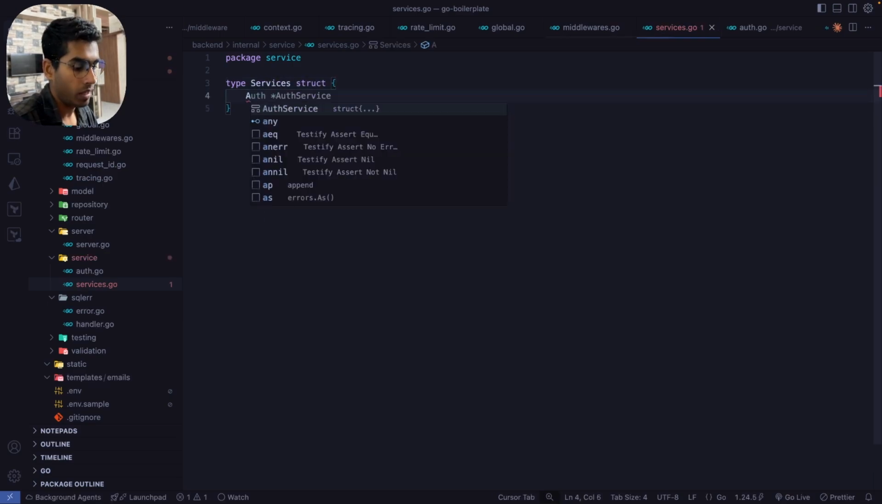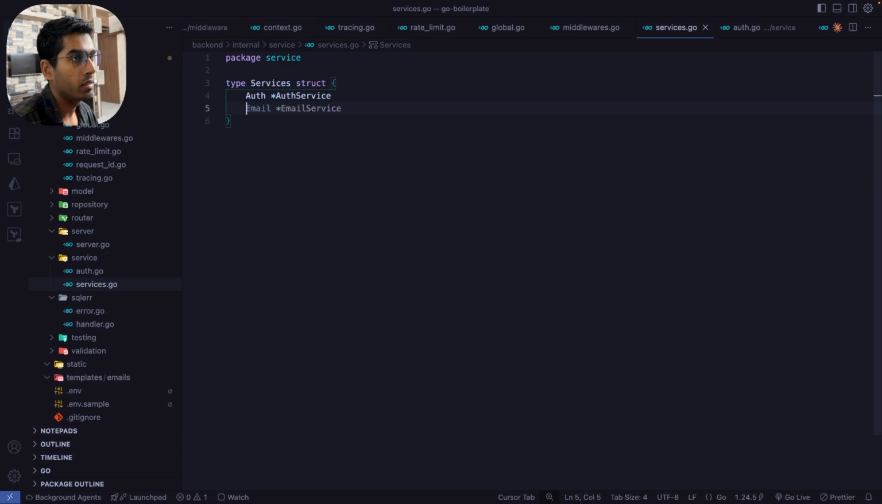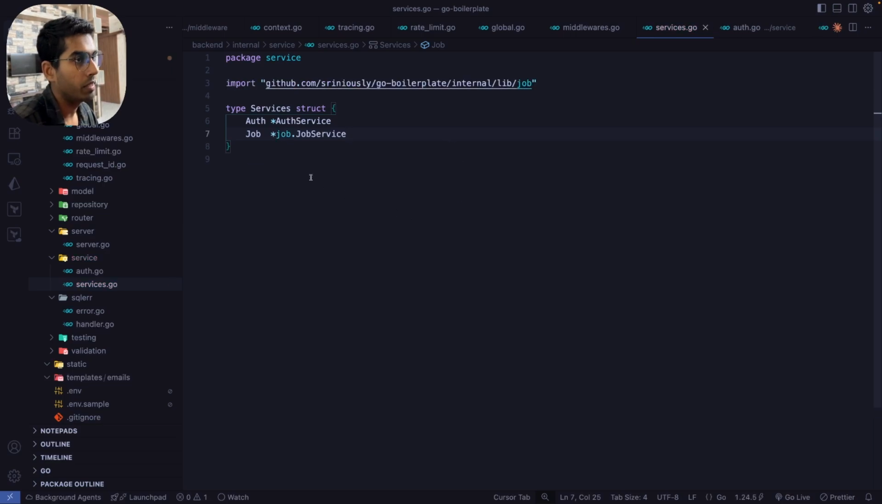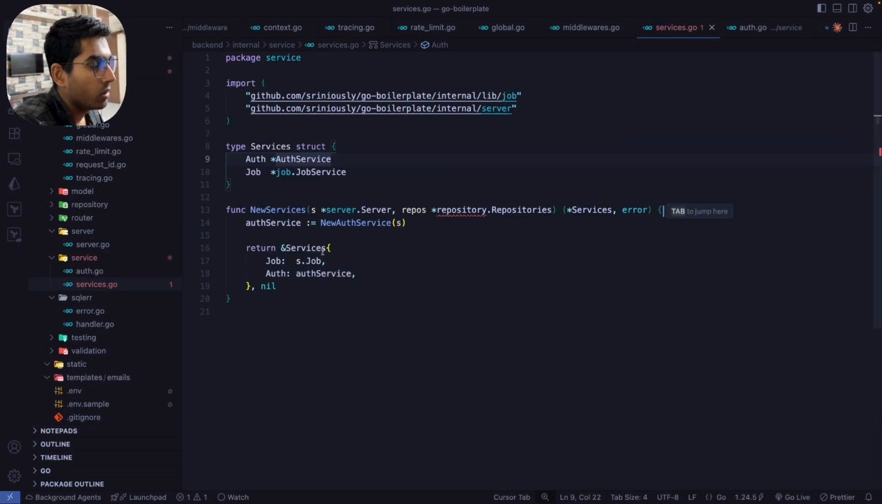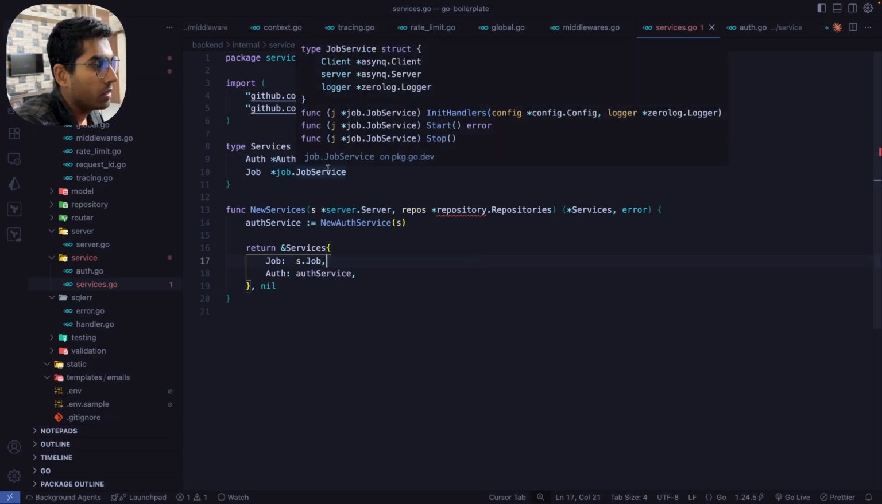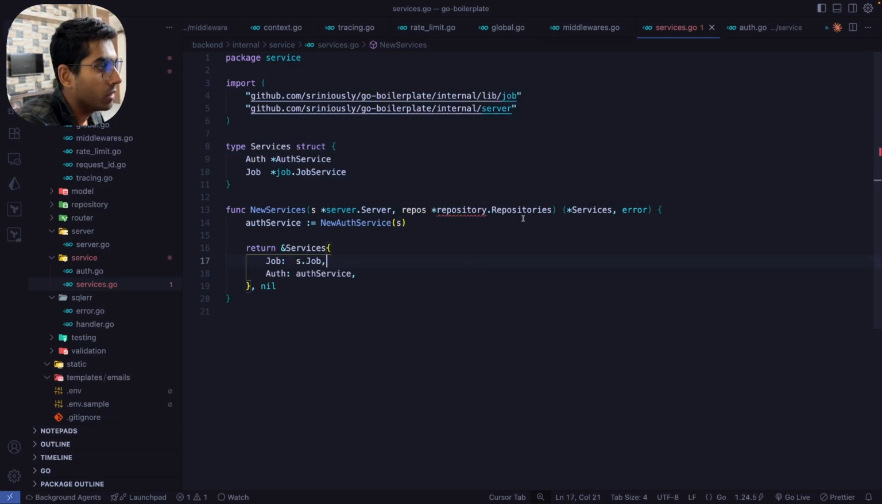And in our services file, we can create a new struct, which is, say, services struct. And first thing it will have is the auth service. And the second thing it can have is the job service. This is basically the background job service that we created earlier. And after that, we also need the initialization code. This is going to be the initialization code. We are going to pass a server instance and a repository instance, and we are going to return a services